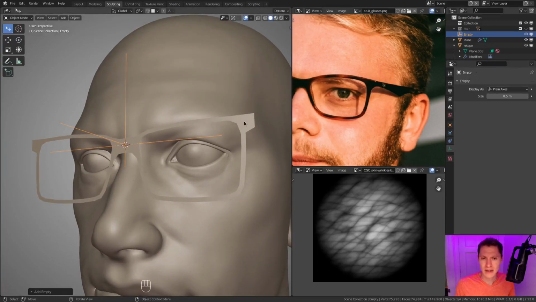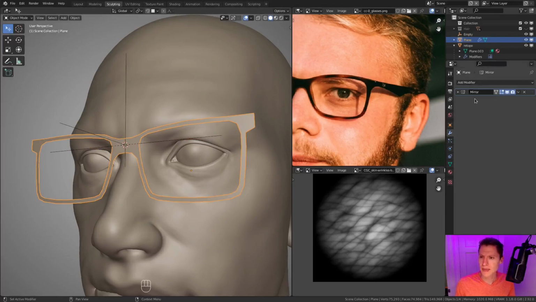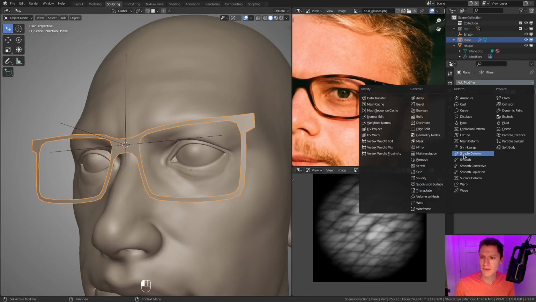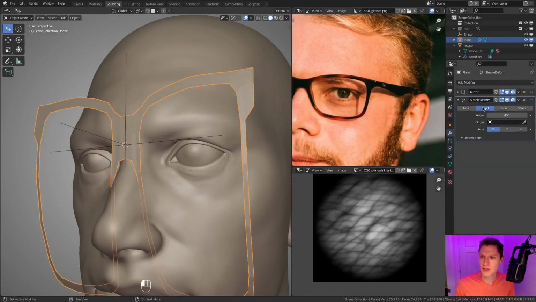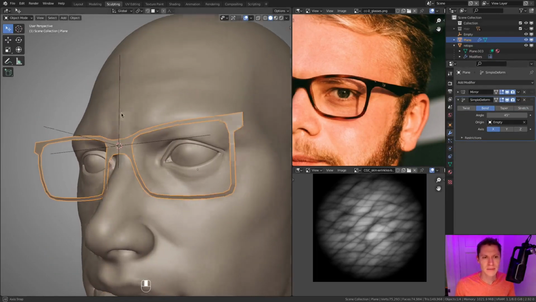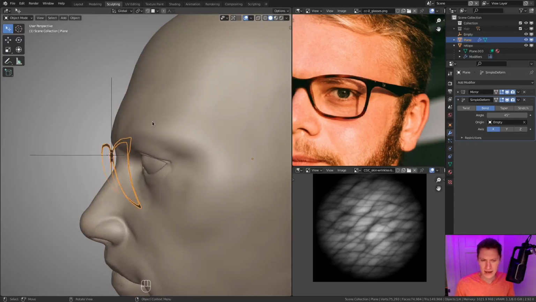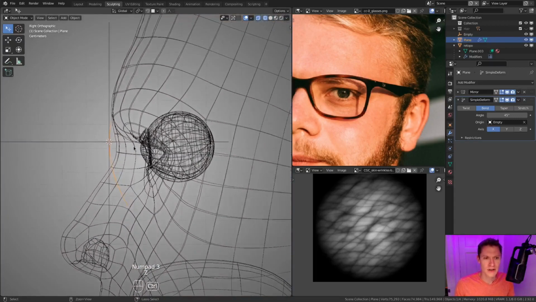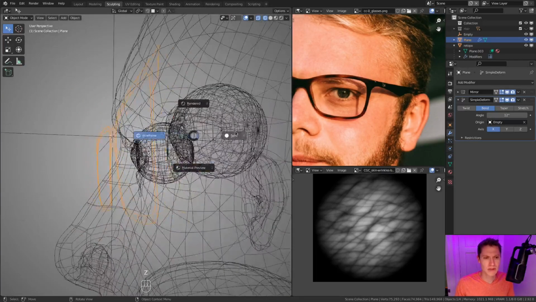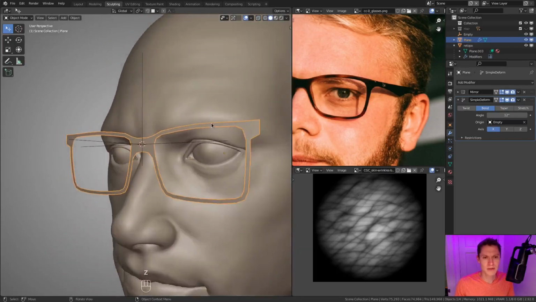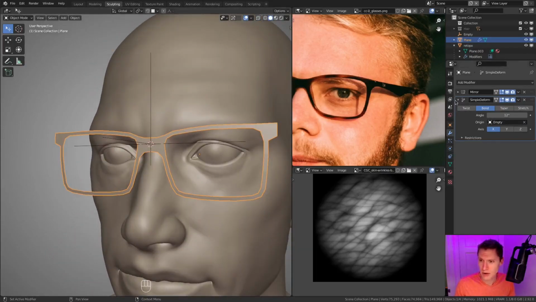This is going to be a utility object to define how the simple deform modifier curves. So we'll grab simple deform, switch it to bend, and then eyedrop tool that empty. And by default, we get that first type of curvature, but it's way too strong. So let's go down to like 12 degrees, something much more subtle. There we go. All right, so that's one direction we want to curve it in.